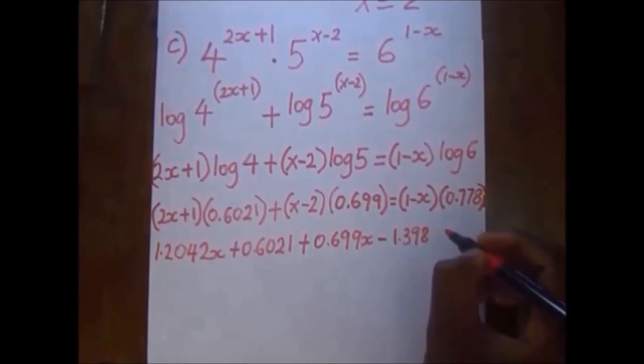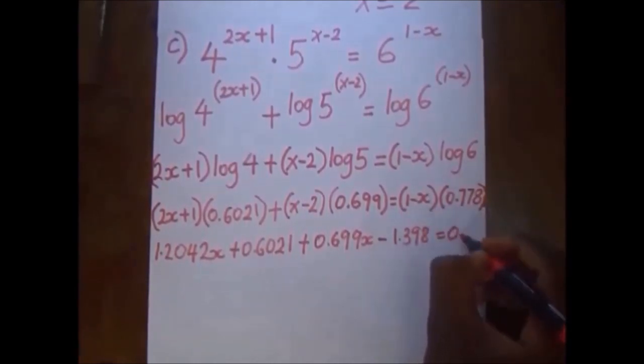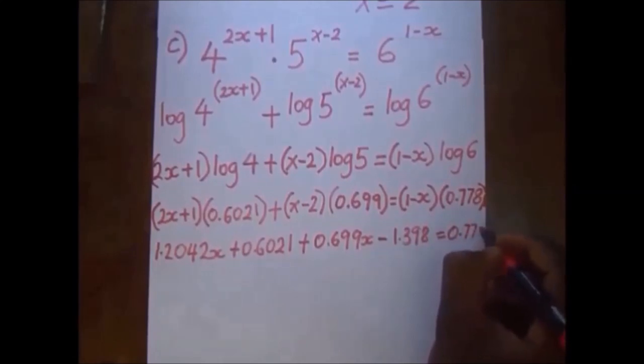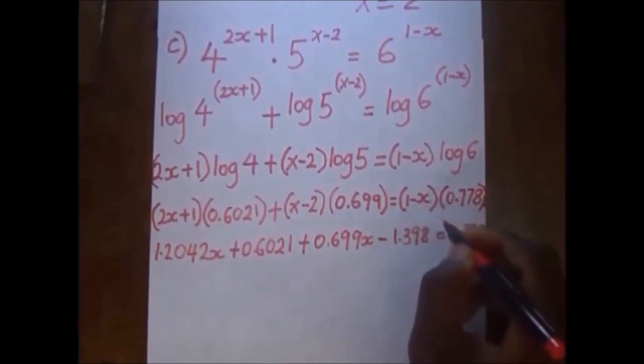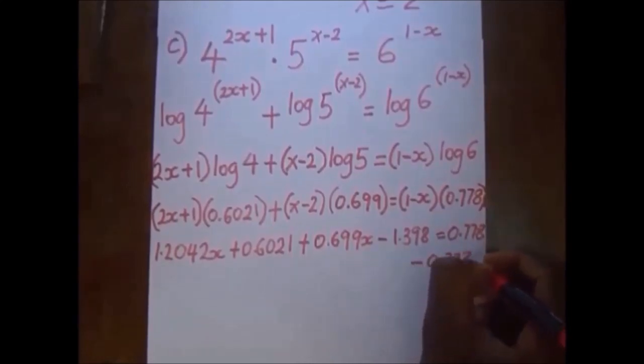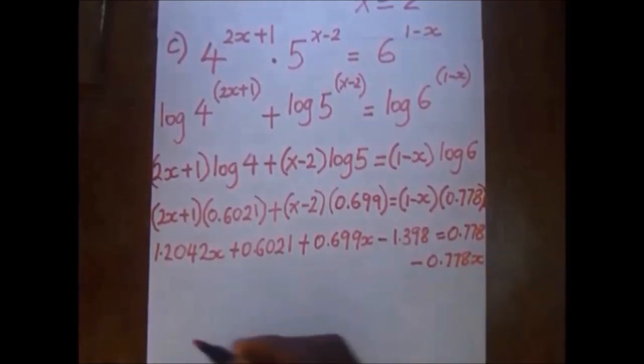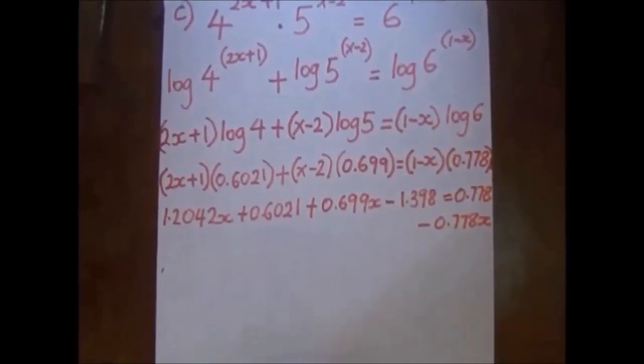That is going to give us this times that, which is 0.778. Then this times that is minus 0.778x. So the answer, when we collect like terms, we shall end up with